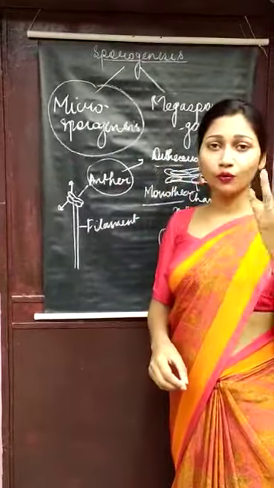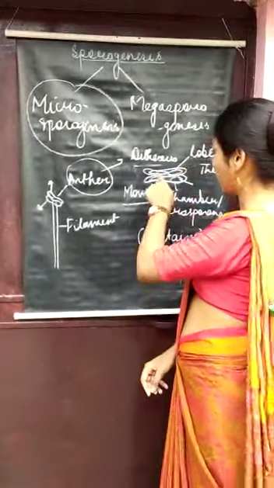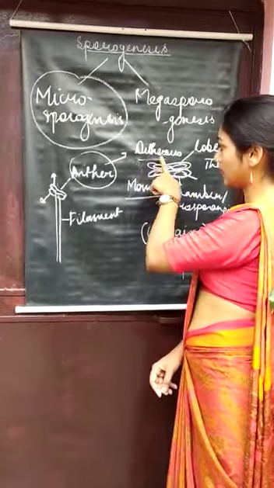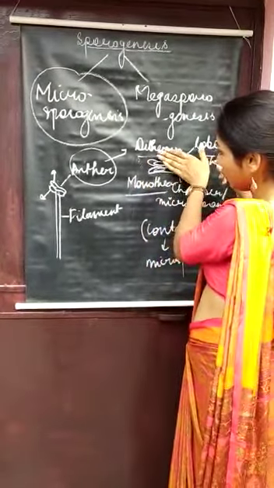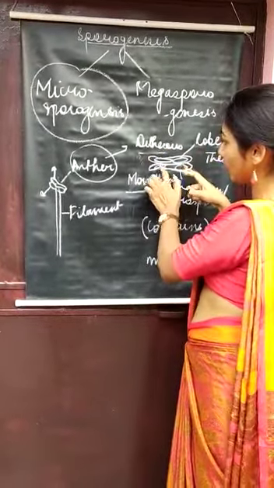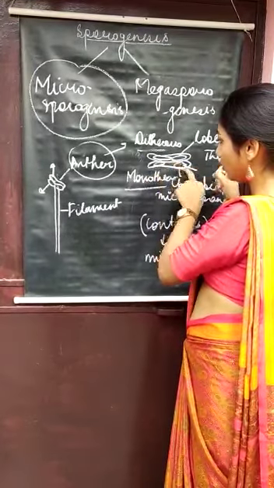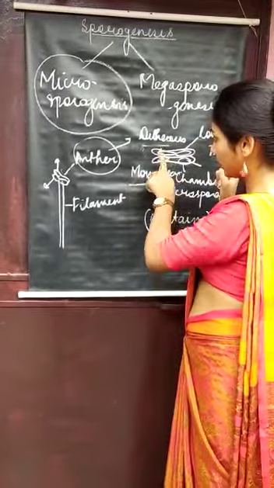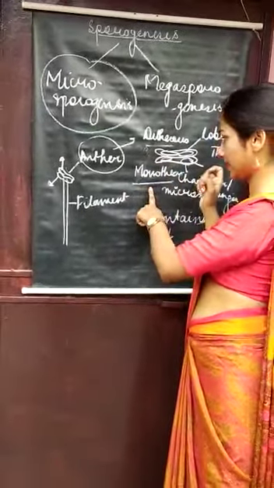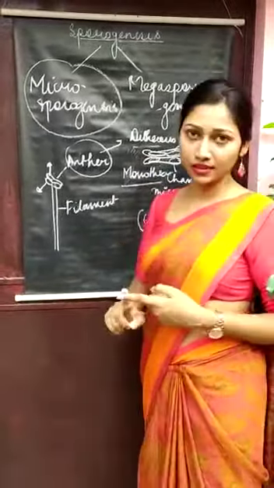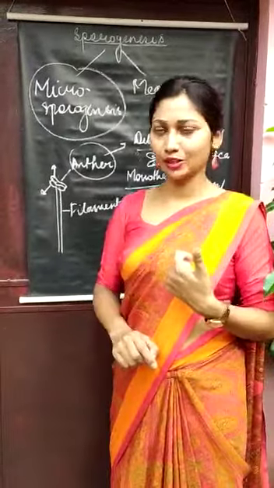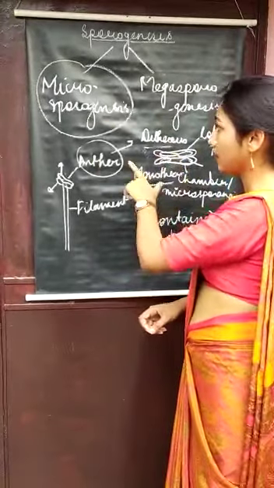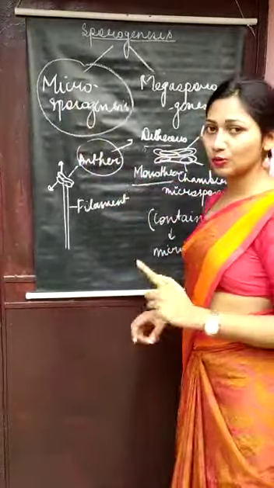Dithecous means four chambers are present, 1, 2, 3, 4. This condition is called dithecous. When only one lobe is present, you can see only two chambers are present, so two sporangia, and this condition is called the monothecous condition. This is found in hibiscus. You can see only one theca is present. So here we have seen the structure, and now I'll show you the microsporogenesis process.